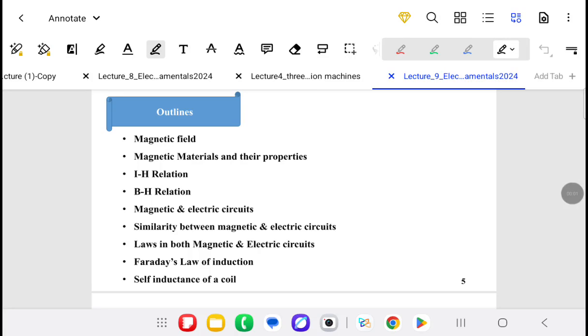Hello all. Today's lecture is about magnetic circuits. First, we will see the outlines of the lecture. We will see magnetic field, magnetic materials and their properties,